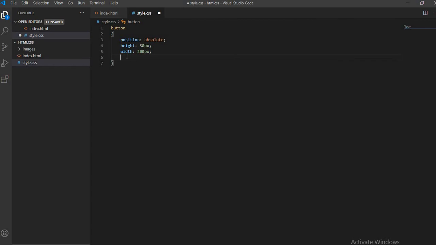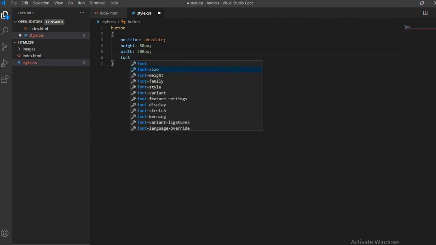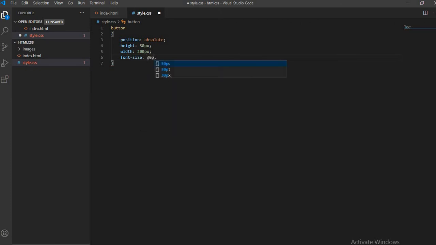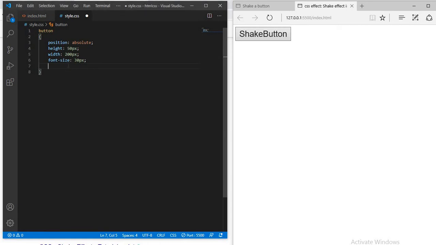I will add its font size to 30 pixel. Here we can see that this shake button font size is 30 pixel.